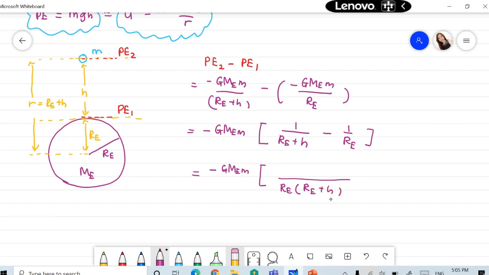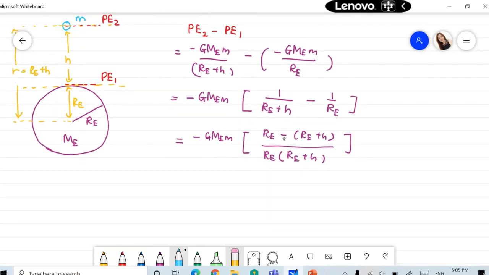Then the second term I multiply with Re plus h. In the numerator here I will have Re minus Re plus h. Re minus Re is 0, so this one can be cancelled off. And this is a negative, so negative and negative, I will get a positive value. GM, so this one is already 0. Negative here, negative, negative is positive. Multiply with h divided by Re